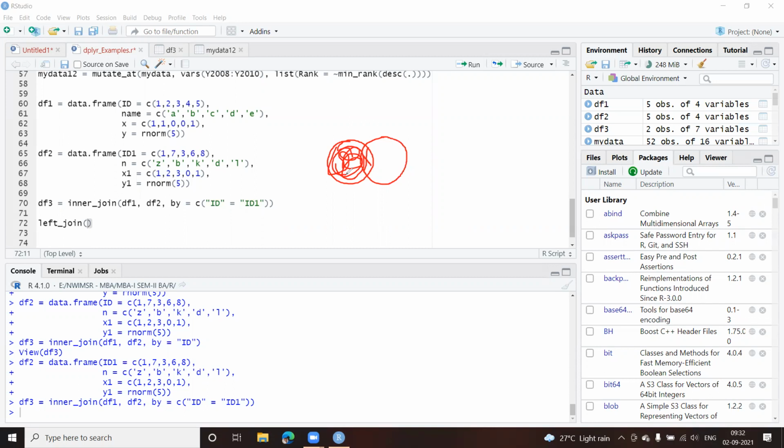Similarly, we can also have the right join, which is the opposite. Instead of getting all the records from the first table, it is going to get me all the rows from the second table. And then we also have intersection. I won't show you the other function, but let us see intersection.